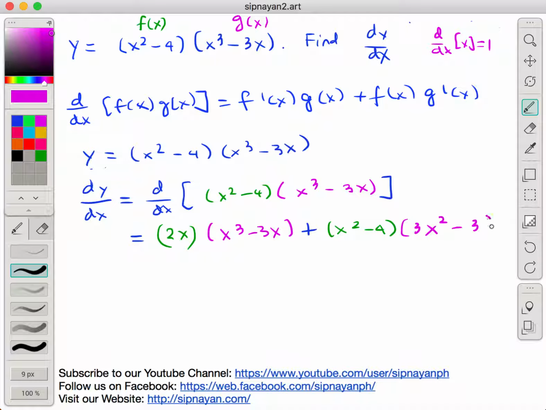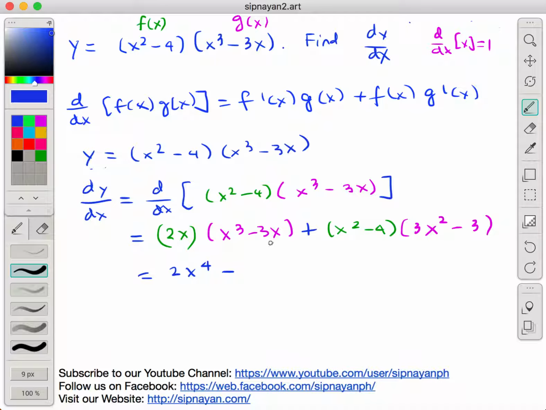Okay, so from here, algebra na tayo after nito. This is just the distributive property, we distribute this. Tapos, i-multiply natin to. So, magiging blue na tayo, no? 2x times x cubed, this is 2x to the fourth